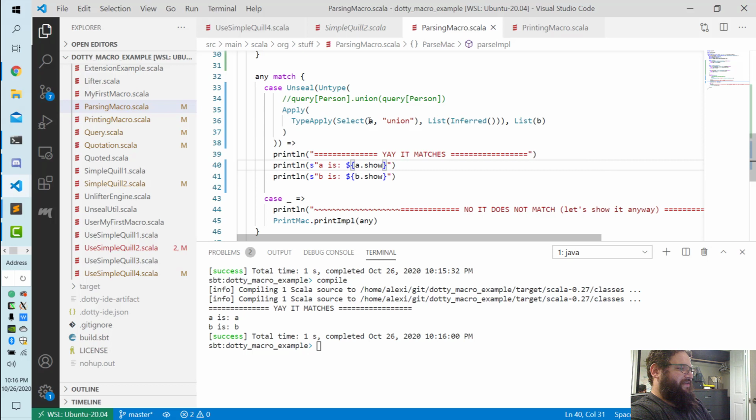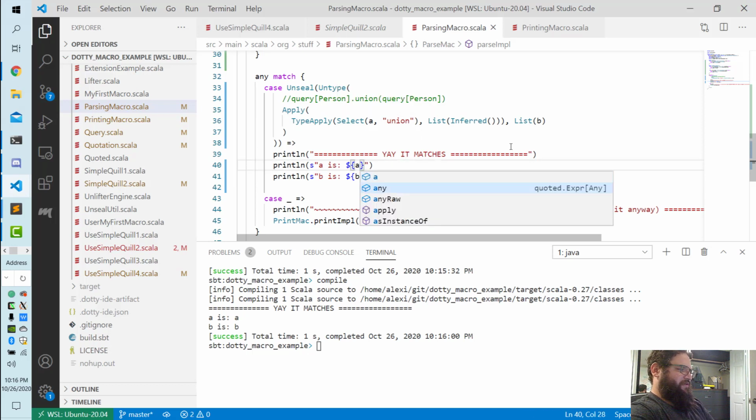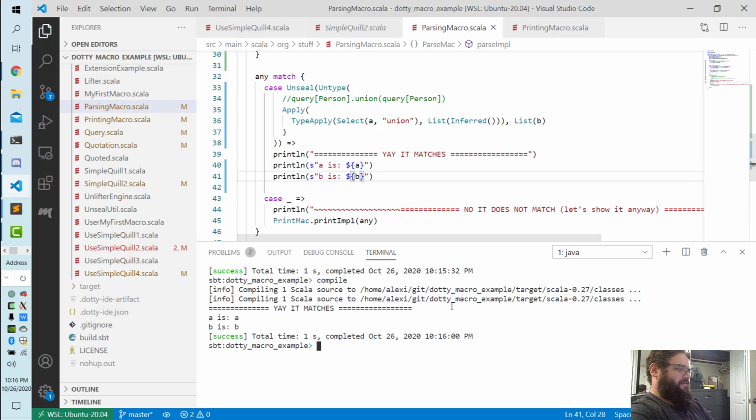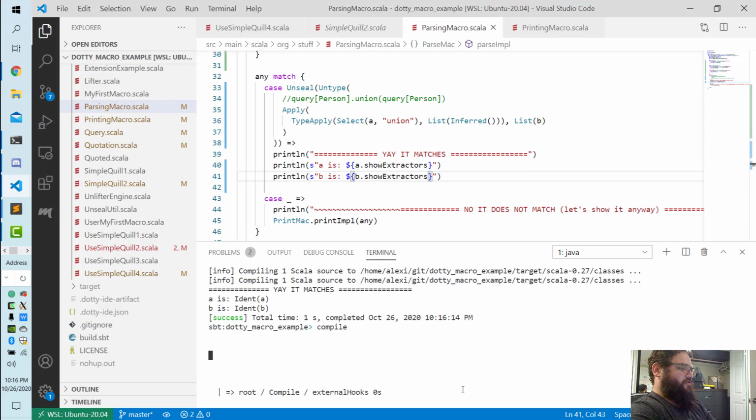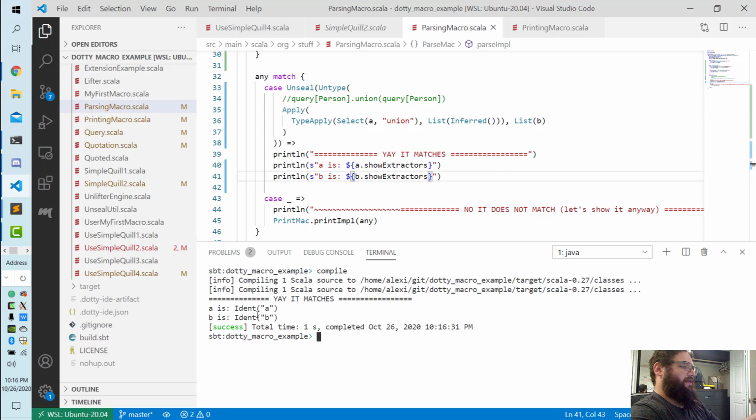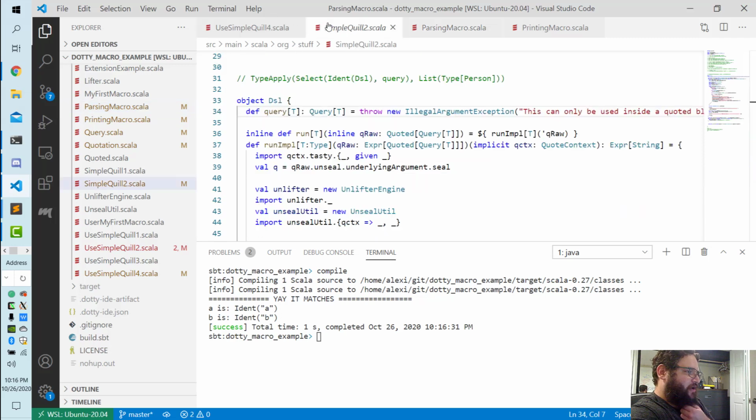Let's see, A is what? A is, let's see if we just do that. Is that helpful? Yes, there we go, ident A, ident B. Or again, you could do directly on any expression, dot show extractors. Okay, that happens to be the same thing. So we can pull out A and B, we just want to limit what their classes are, right? Because